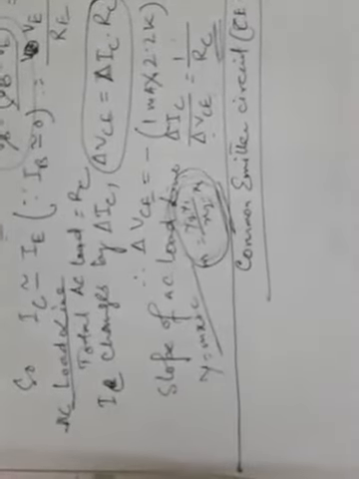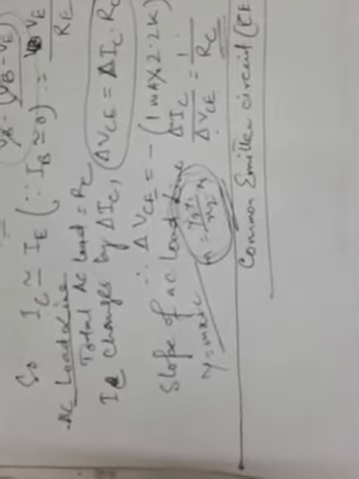Now before going into this circuit, let me give some introduction about these three types of circuits. You know that the word common is used because it is common to the input and output. One terminal of the transistor is common to the other terminals for input and output, and that common terminal is generally grounded.